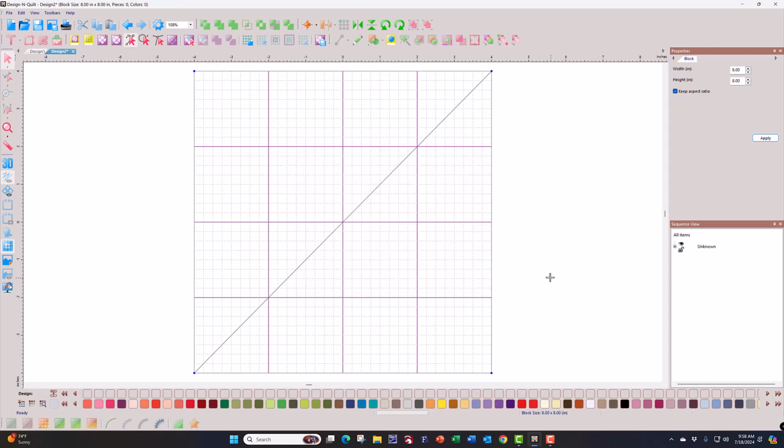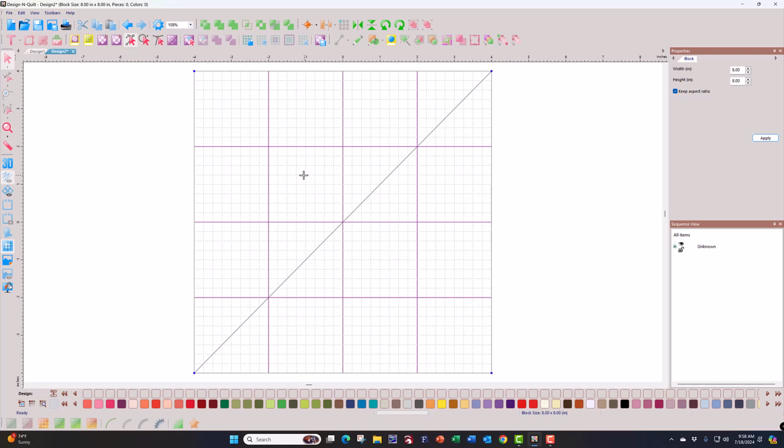The other thing you can do with snap to is snap to guidelines. So what I'm going to do is I'm going to turn off snap to grid, and I'm going to turn on snap to guidelines. Now, what's a guideline? A guideline is a line that you create that isn't necessarily on the grid. Okay, so if I wanted to snap to some arbitrary point, but I wanted to make sure that it was